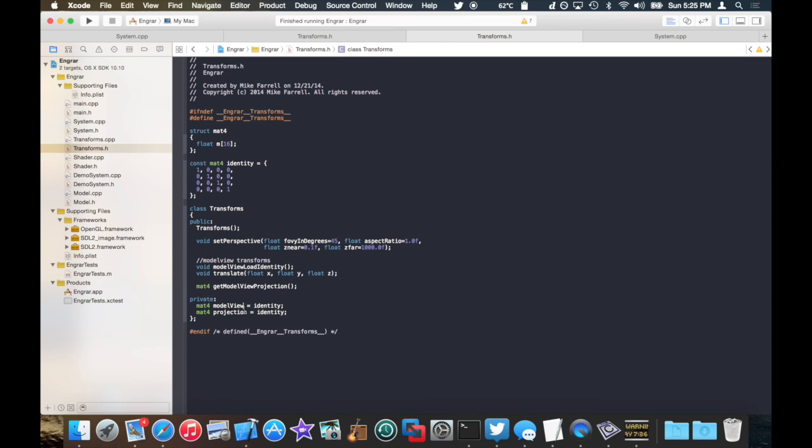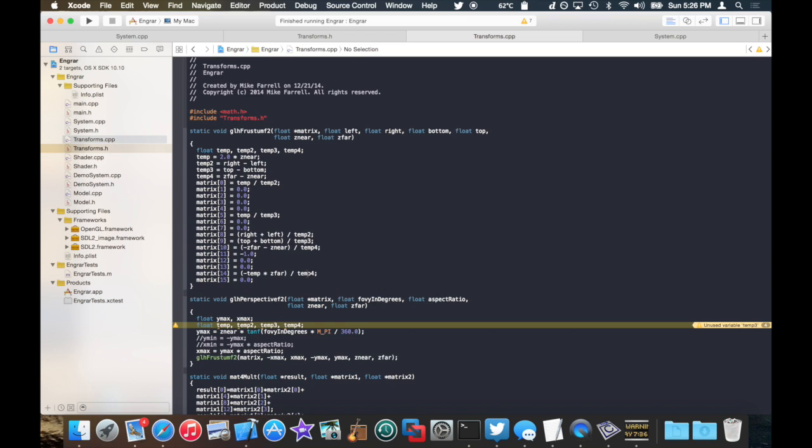transforms class stores basically two properties, model view matrix and projection matrix, initializes those to the identity matrix, and then has methods to set the perspective projection matrix for me, and to do just a quick translate transformation and apply that to the model view matrix. And then, of course, when this is all done, I can retrieve the final model view projection matrix, which is